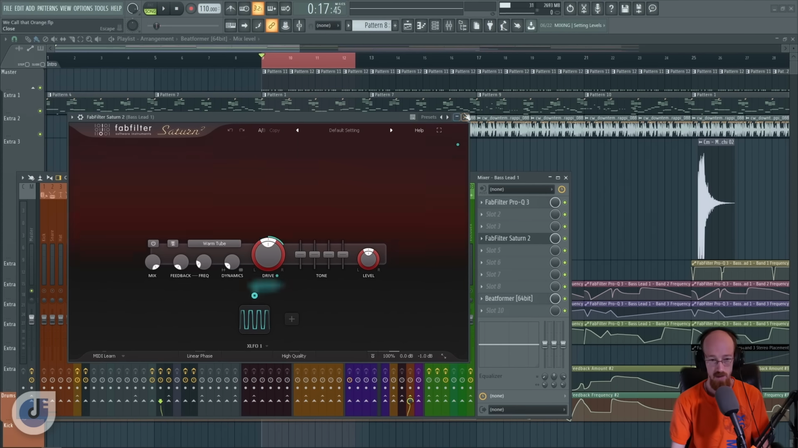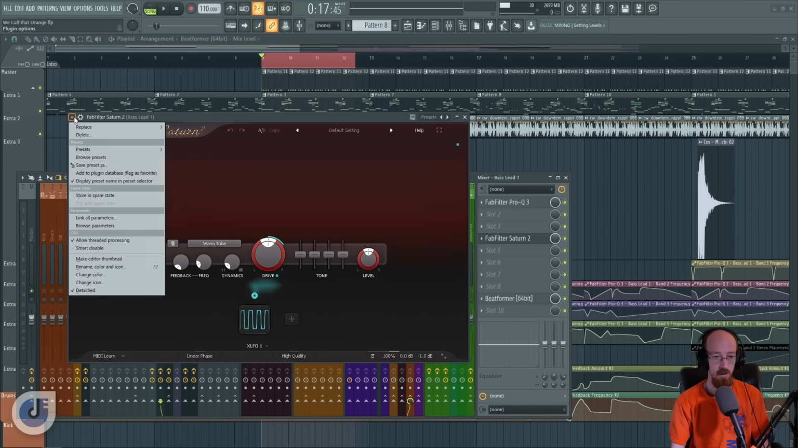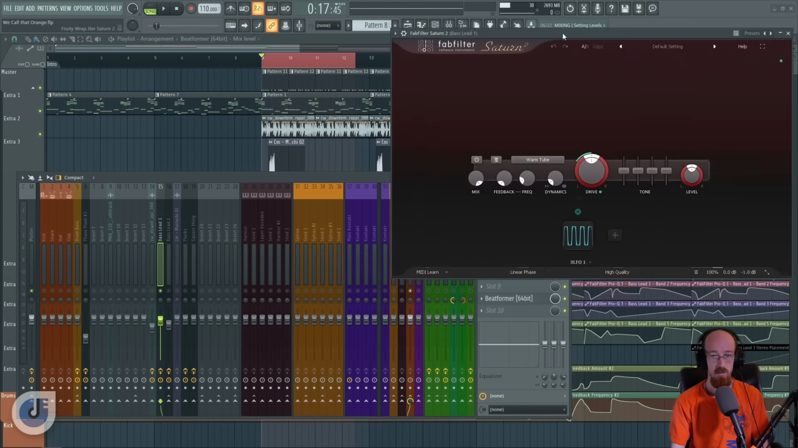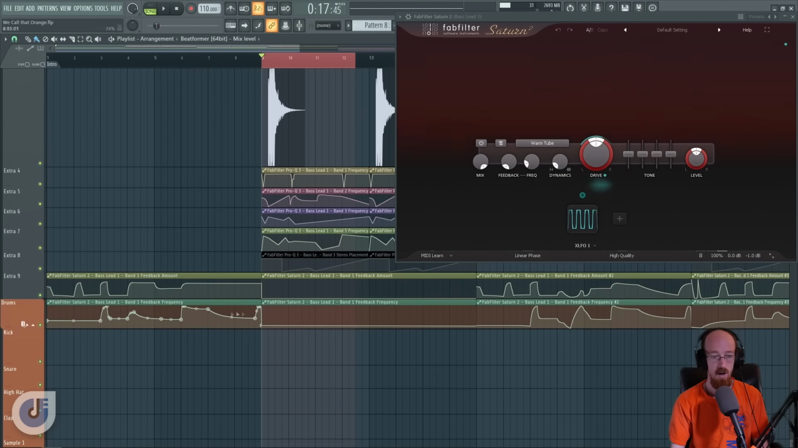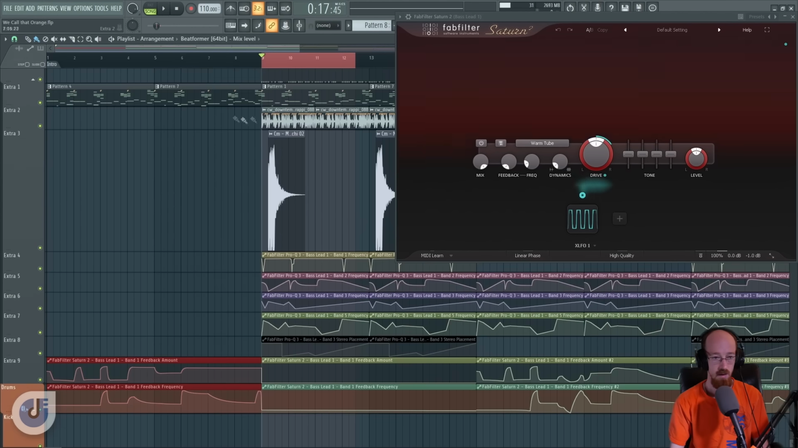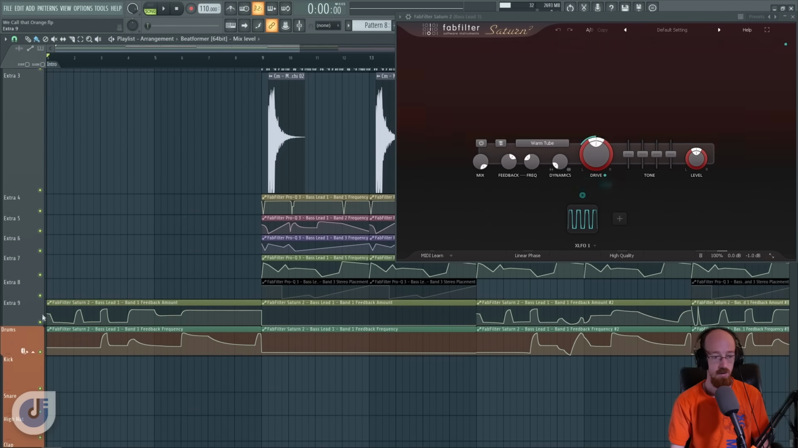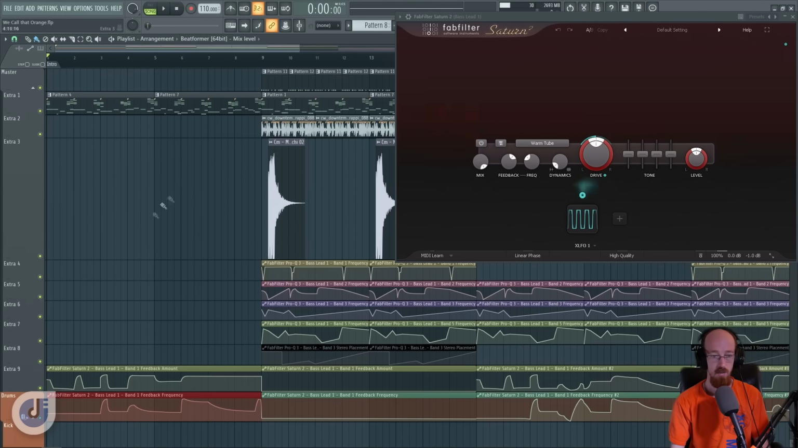And here, okay, so we've got this going on. Let me make sure this is a floating window. It is. And if we come over here and look at what's going on in the project, we have some automation. Let's go ahead and detach this and look at this. So this top one is the feedback amount, and this bottom one is the feedback frequency. And if we were to mute these and just listen to it,